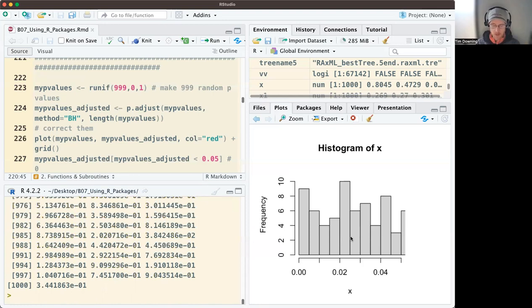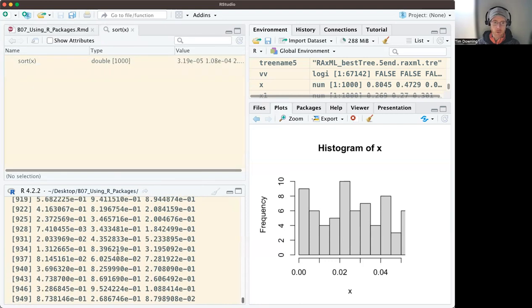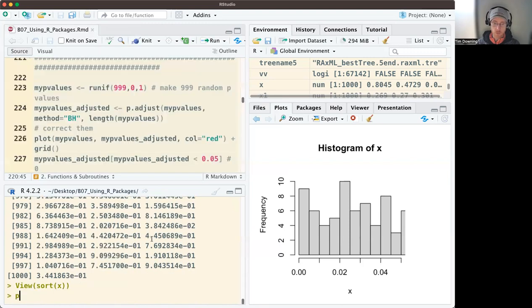If we sort and view them, oh dear. Well, we can look at them there. What we want to do is use this convenient function called p.adjust. So p.adjust is a function that takes in the vector of interest, the method,